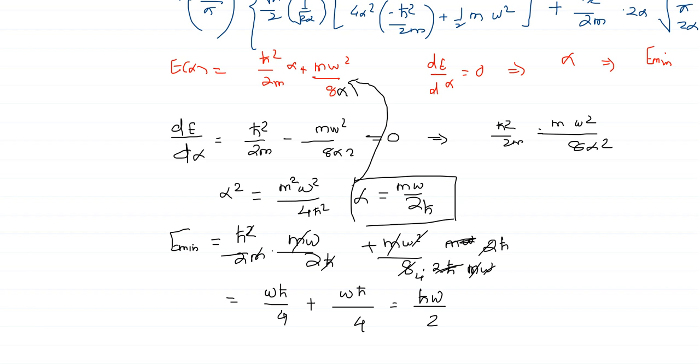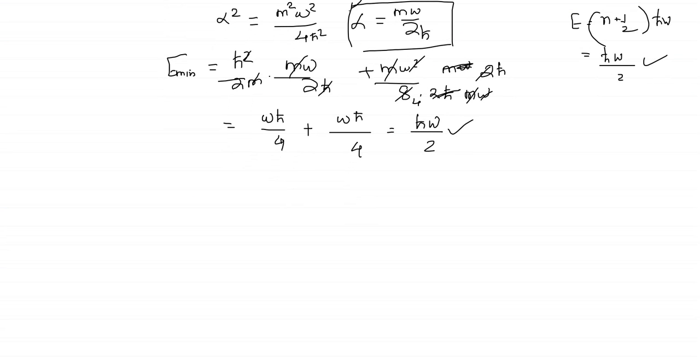Now if you recall the simple harmonic oscillator in one dimension, we know the energies were n plus 1 by 2 times h bar omega, and for the ground state, for minimum energy, for n equal to 0, we obtain energy as h bar omega by 2, and we obtain the exact answer. Actually this method was supposed to give an approximate answer, and we are obtaining the exact answer. What is the reason behind this? It will become clear in a couple of steps. So let us find out the wave function also, and it will be clear why this is the exact answer.